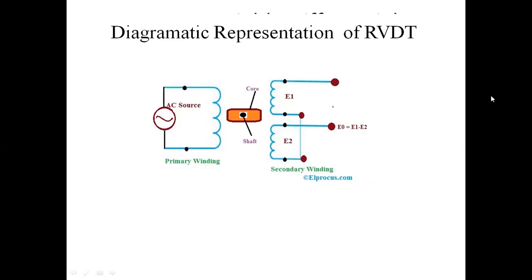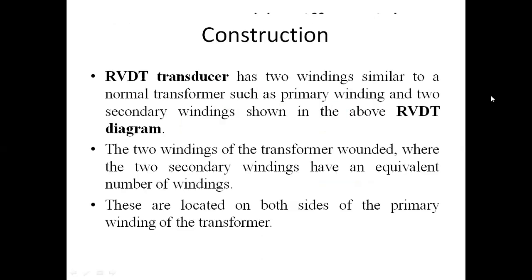The primary winding is wound on the center leg of an E core, and the secondary windings are wound on the outer legs of the core. The armature is rotated by an externally applied force about a pivot point about the center leg of the core. When the armature is displaced from its reference or balance position, the reluctance of the magnetic circuit through one secondary coil decreases, simultaneously increasing the reluctance through the other coil.